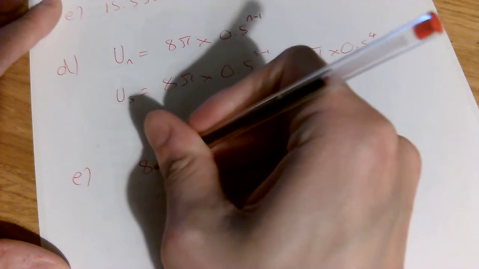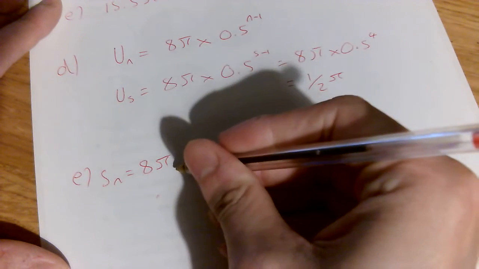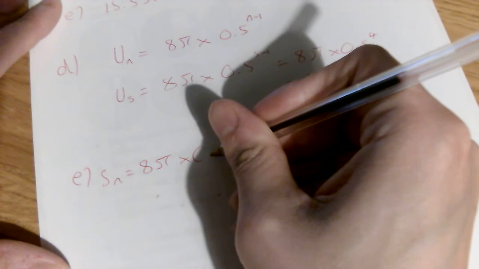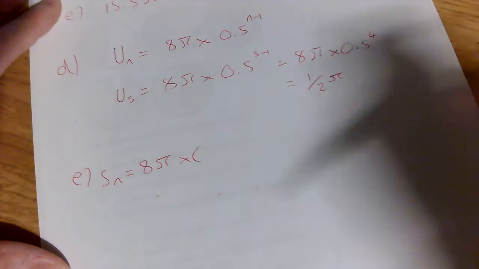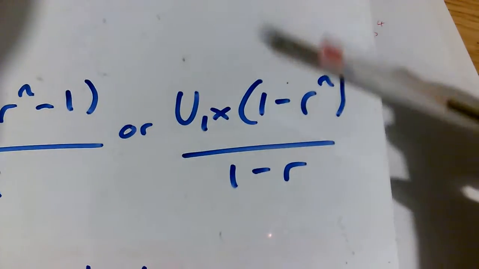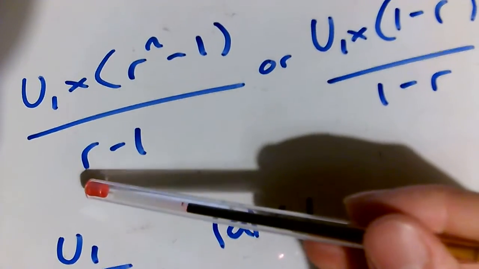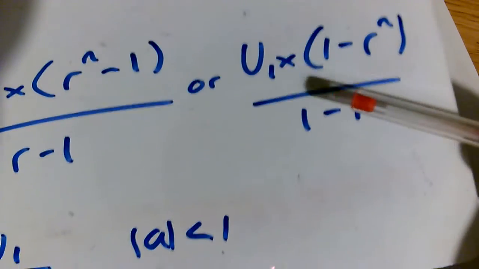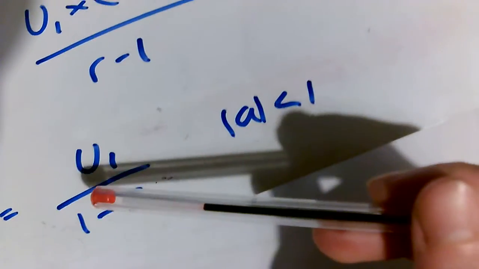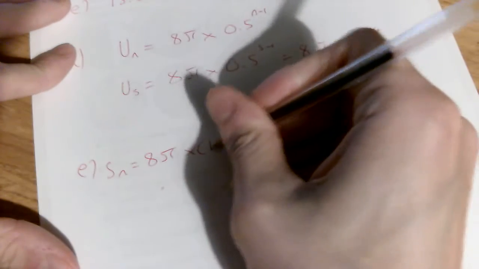Well, the first term was 8 pi, so it's going to be the general nth term, 8 pi times the ratio. In this case, because r is less than 1, I'm going to use the other version. Both of these versions work fine, but it just looks a bit neater when you do this one because there's no negatives involved. This would give you a negative here, because you'd have 0.5 minus 1 here. You can have a negative, but this one just looks a bit better. And this one works a bit better when you come to the infinite sum, which we'll come on to in a second. So this one's going to be 1 minus